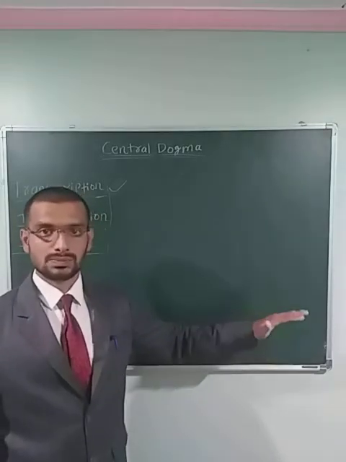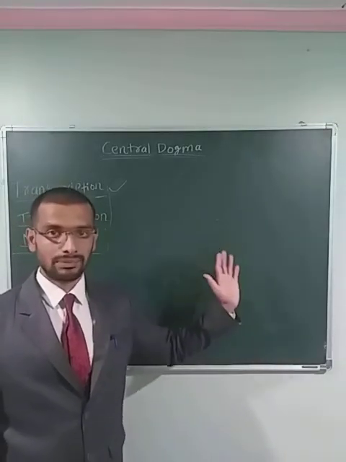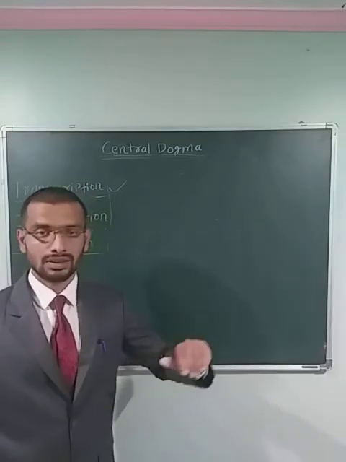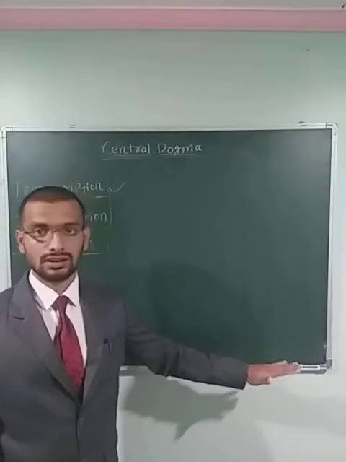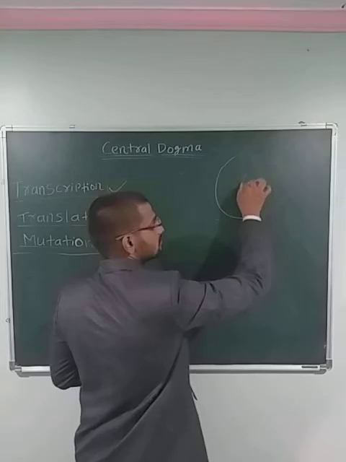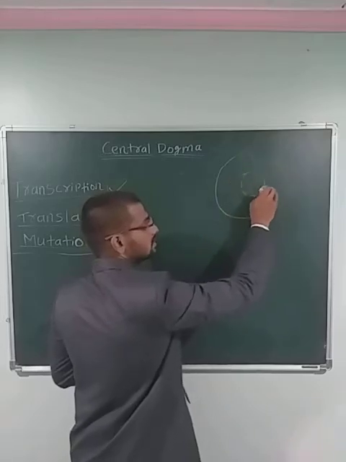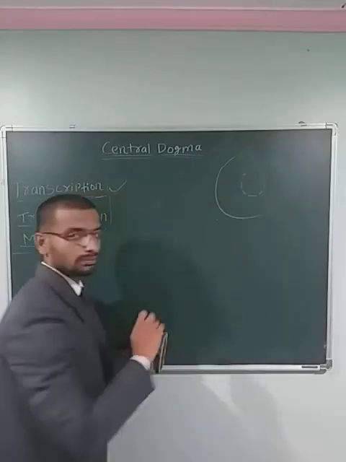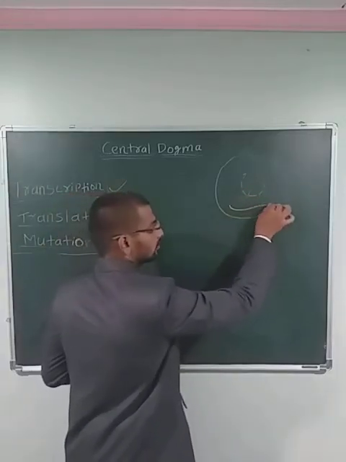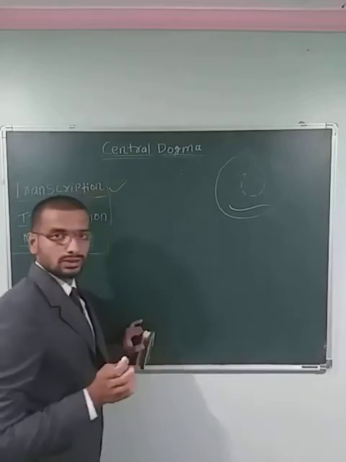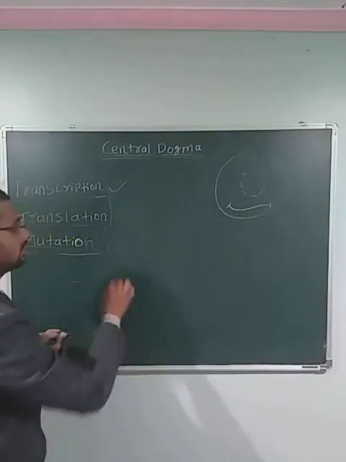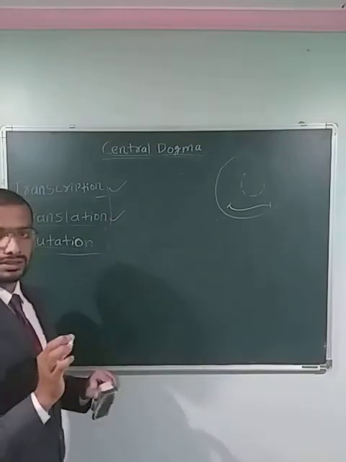This mRNA is protected by the process called capping and tailing from the various enzymes which are present in the cytoplasm. Till this process, it is in the nucleus. Now, the nuclear membrane of the nucleus contains nuclear pores. Through those pores, the mRNA will enter into the cytoplasm. Here, the process called translation will start.